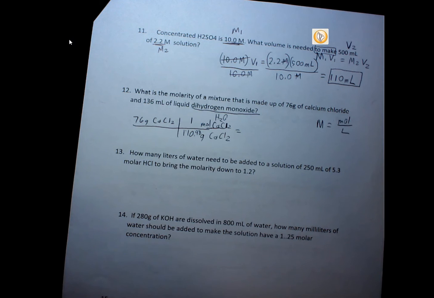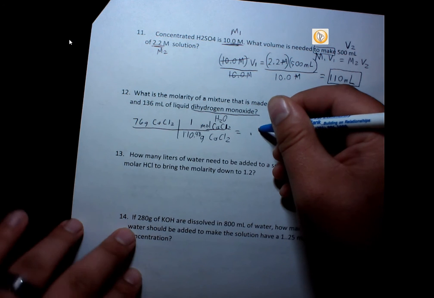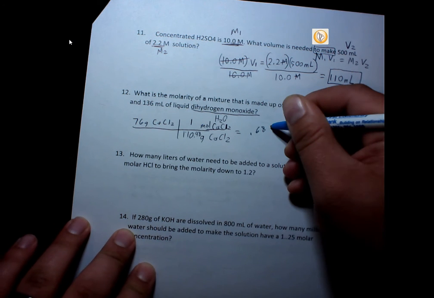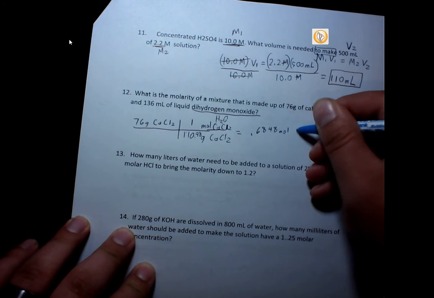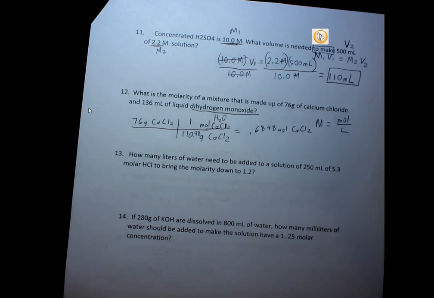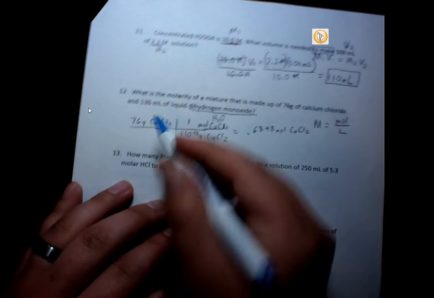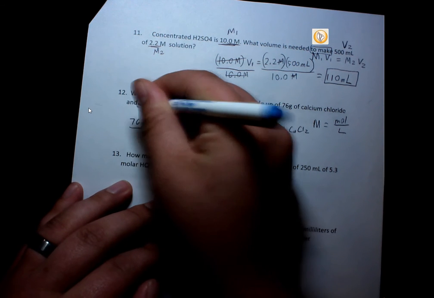We're going to divide those two because it's on bottom. We end up with 0.6848 moles of calcium chloride. So once we convert this to liters, which is easy, just put the decimal in front of it,